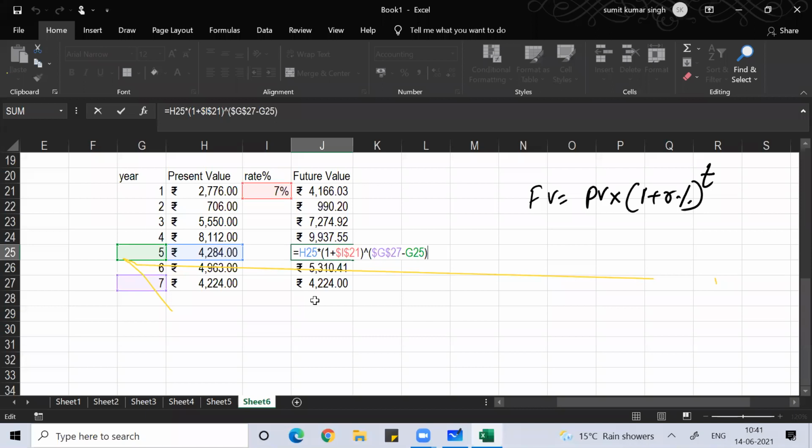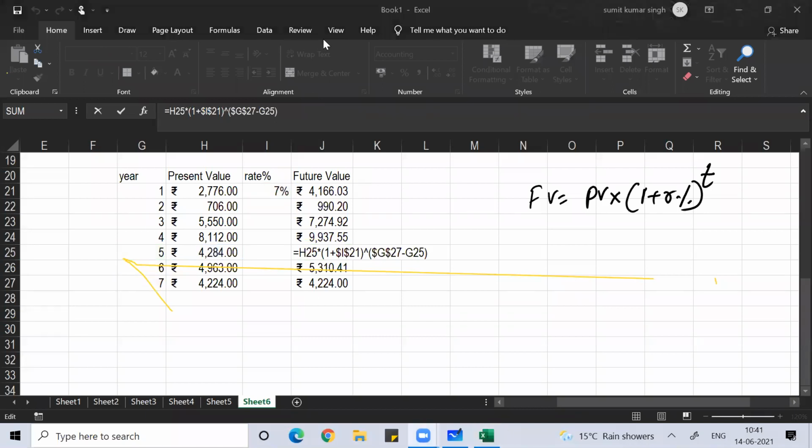So this is the F4 key. Is everyone clear? Any doubt?